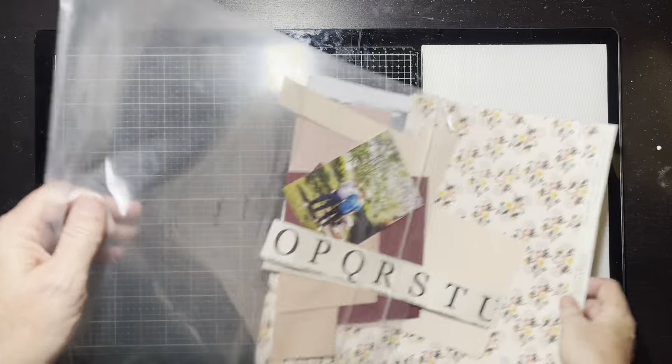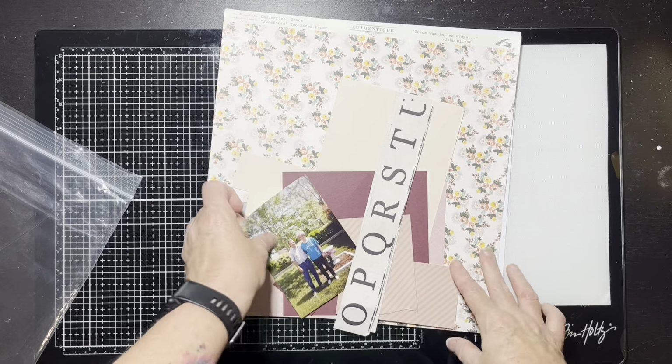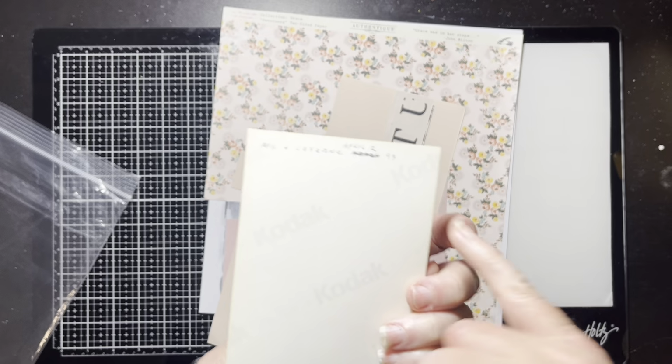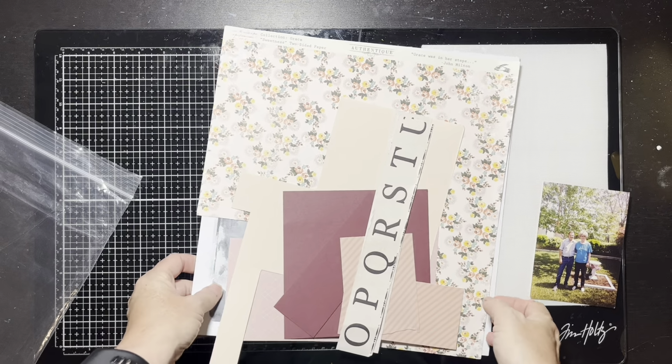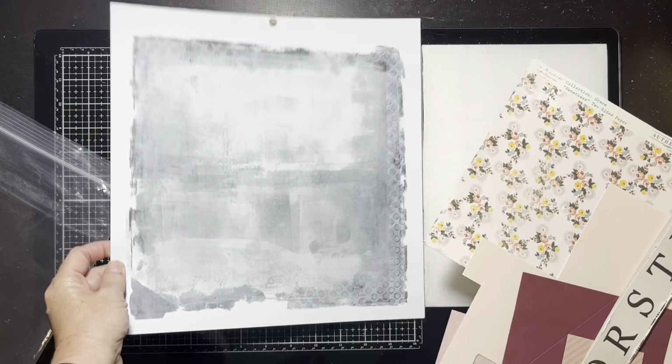Let me see what I got here. This is just the next one down the pile. And what I have here is a picture of my husband's nanny and papa, 1993, y'all. And what I have in the way of my papers here, my scraps, well, my first thing is I do have this Meggy Blethen pre-made